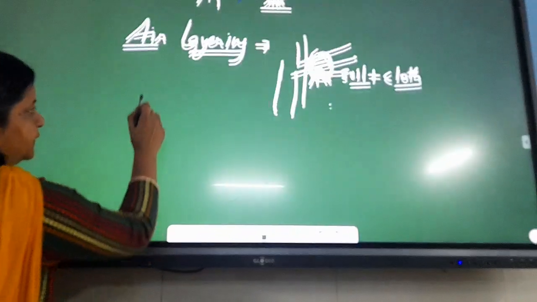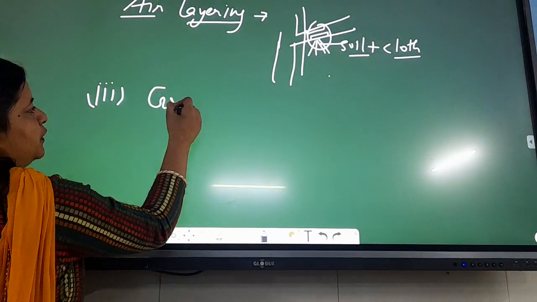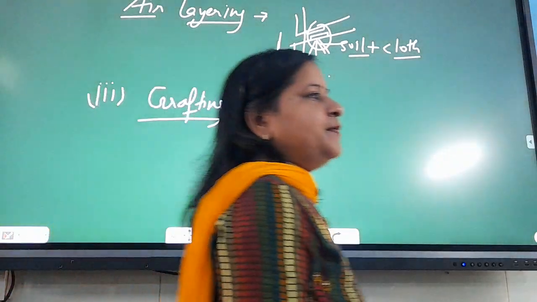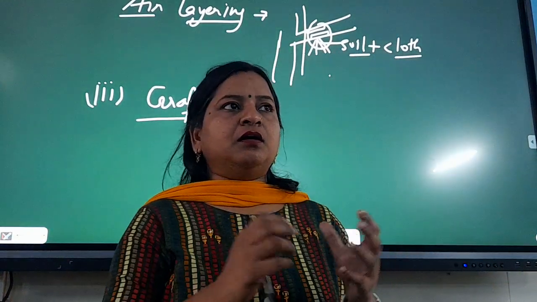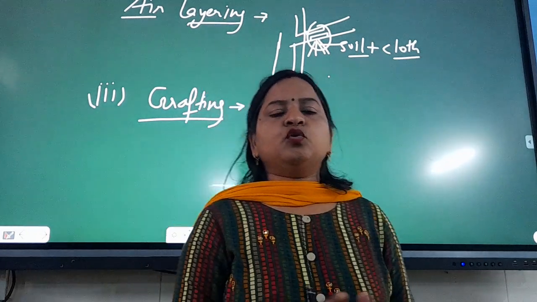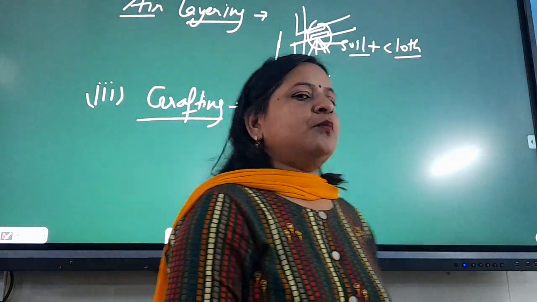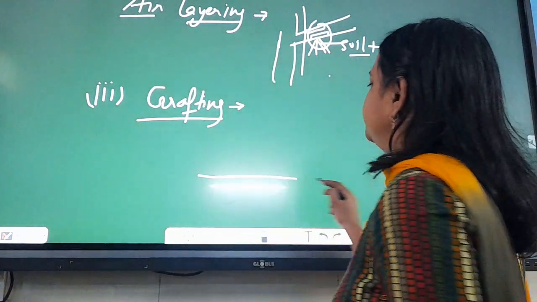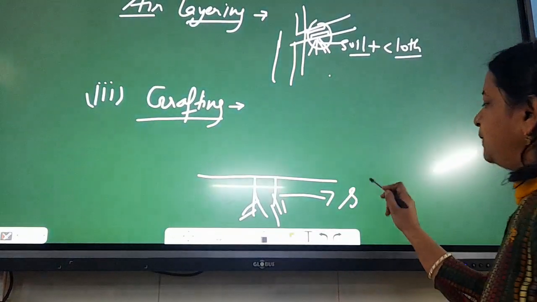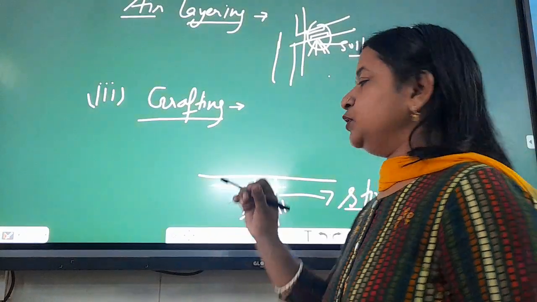There is another method for artificial propagation. This is called grafting. Grafting is a method where you can collectively make one plant from two different plants. So you can get the characters of both different plants in one plant only. By this method, we use one part, that is the rooted portion. This plant is called the stock, while the other plant that we use